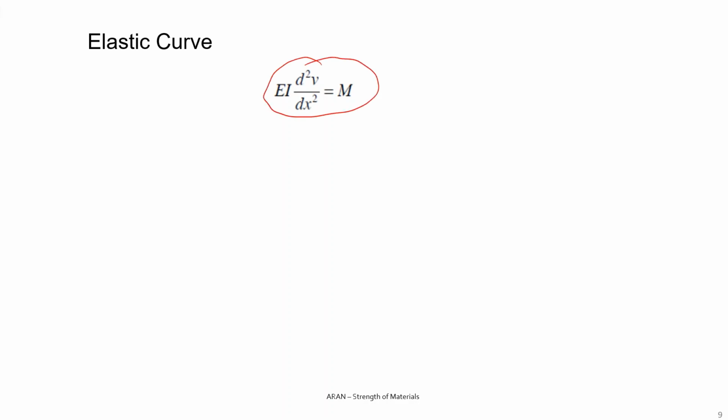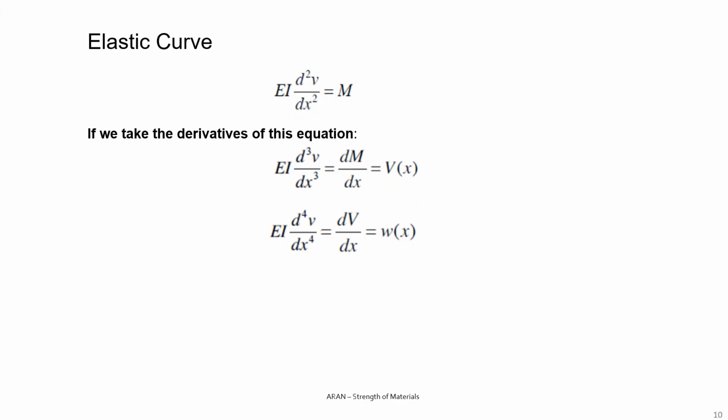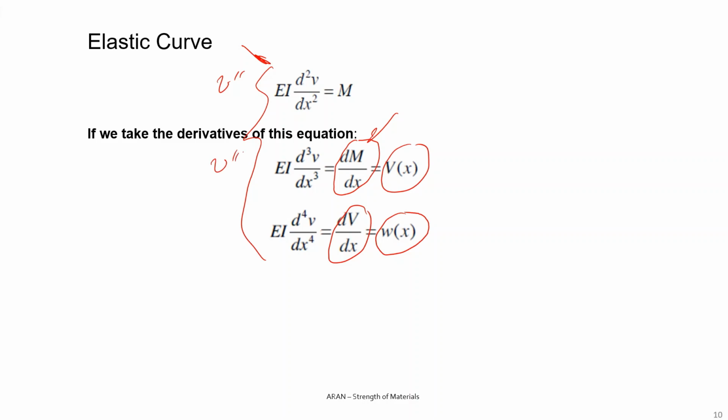We also know the relationship between the bending moment and the shear force and the distributed load. So these three equations are, this is the second derivative of v, this one is the third, and that one is the fourth derivative of v. So if we know the bending moment or the shear force or the distributed load along the curve as a function of x,